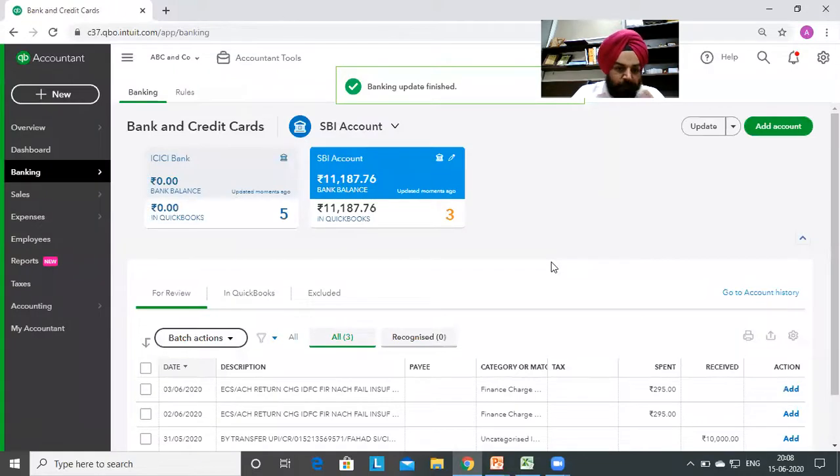So friends, there is nothing to worry about the security of the passwords, because QuickBooks secures your passwords. They will never use any of the passwords anywhere which can cause harm to us. So there is nothing to worry about in that. So friends, this is about how to add and update your banking transactions into QuickBooks.